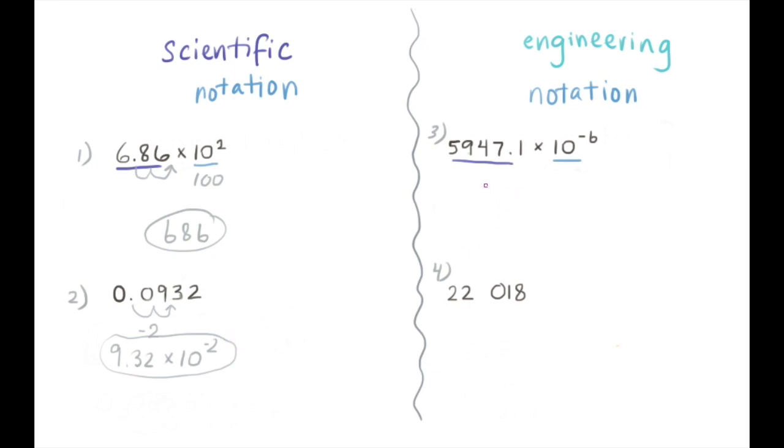For engineering notation, it's the exact same thing. So for this one, we're going to move the decimal 6 spots to the left because it's negative. 1, 2, 3, 4, 5, 6, giving us this answer. So basically this value times